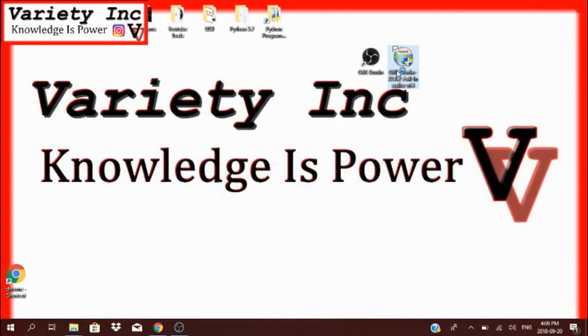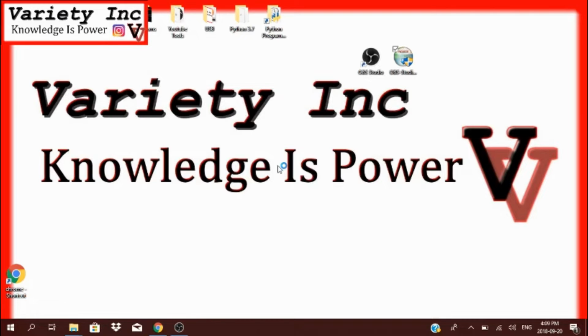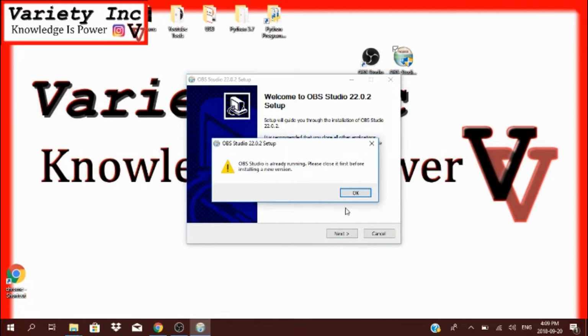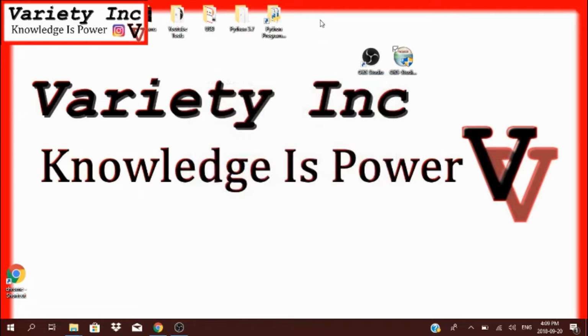So you're going to want to open up the installer, which is done downloading. Press yes, and you're going to complete the installation wizard. But I already have it done and I have it running. And once you complete it, it will pop up with your OBS Studio. Of course, this is a shortcut, and you go into it,